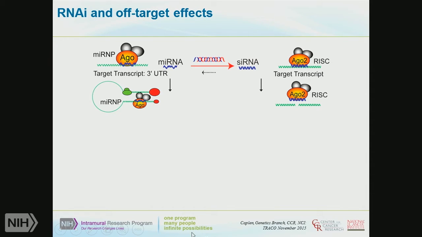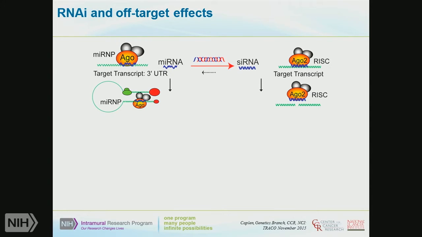So in the context of siRNAs, in most cases your siRNA is going to have an exact match to the sequence that you're trying to target. But if your siRNA hasn't been designed very, very carefully, you can end up with key features of the siRNA sequence acting in a microRNA-like way because of the seed sequence at one end of the molecule. That means you can end up with a series of off-target effects where your siRNA is actually interacting with another transcript and may be either causing its degradation or at least inhibiting protein translation from that target.